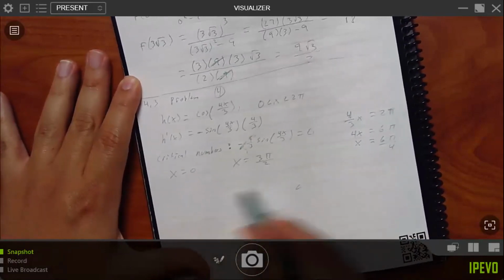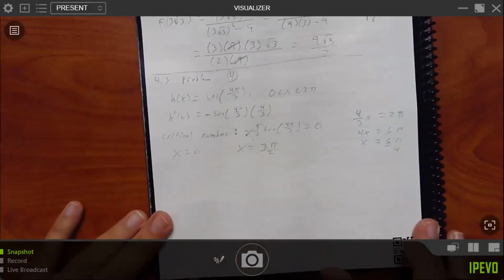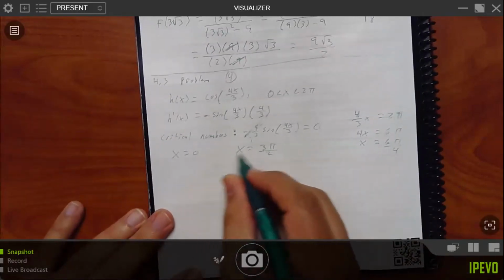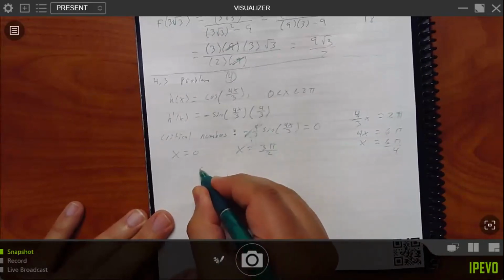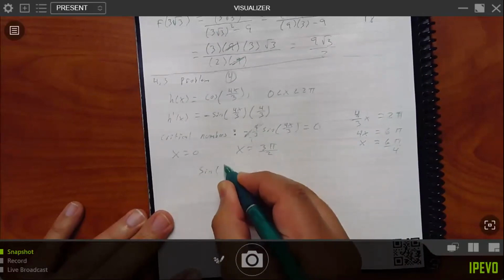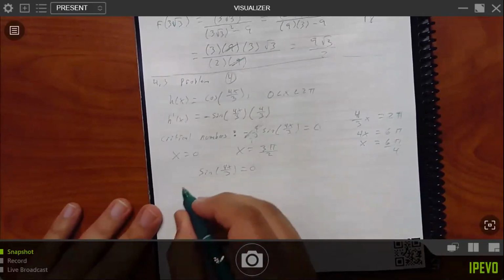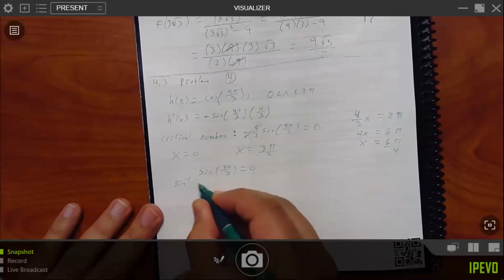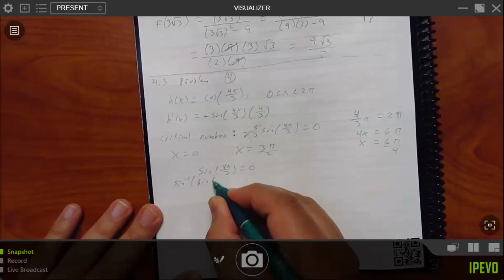So those are the answers I need to find. So I want to solve this equation now. You agree that the negative 4/3 next doesn't matter, right? Because you can just pretty much take it out since it's multiplying. Yeah, so if we use inverse sine of both sides, like we did back in pre-calc,